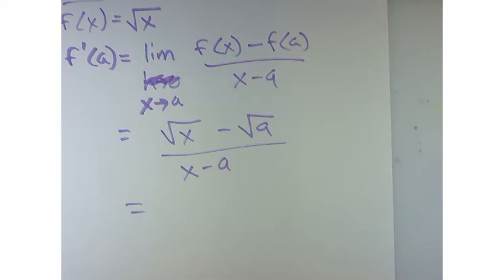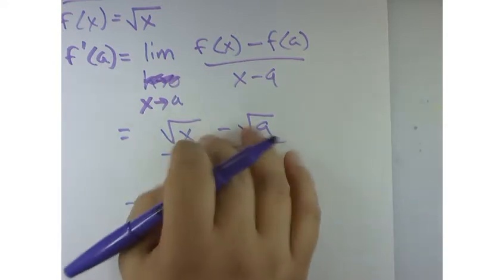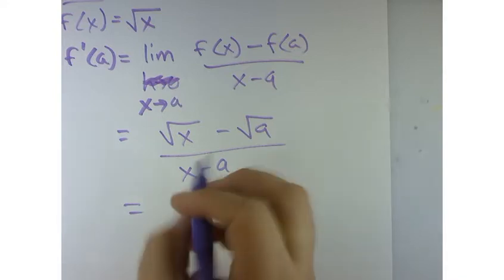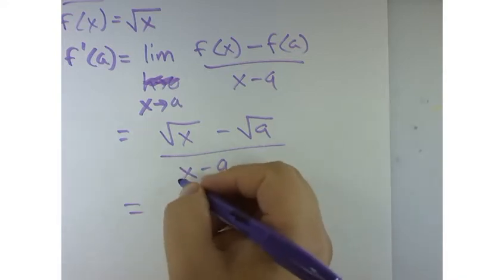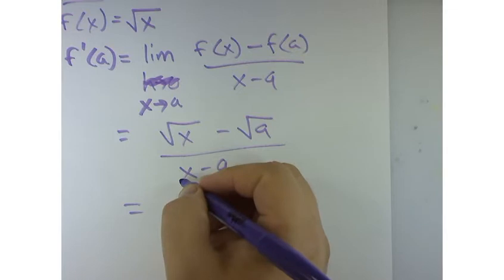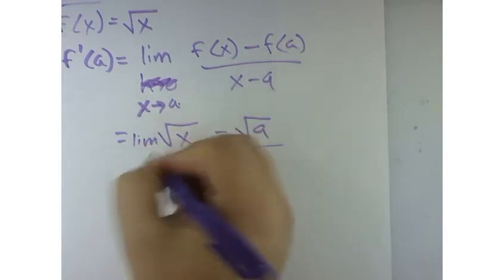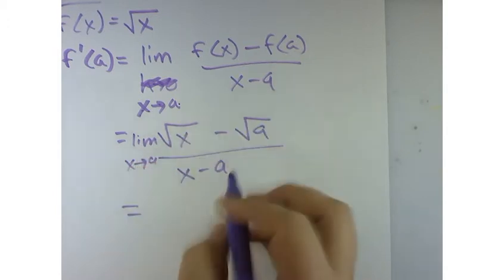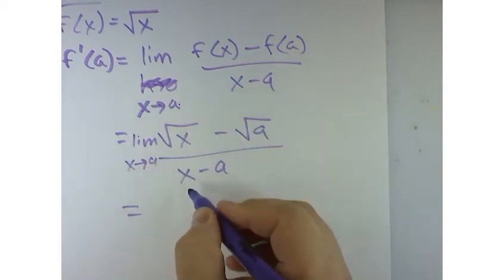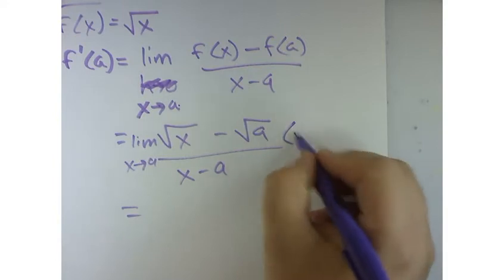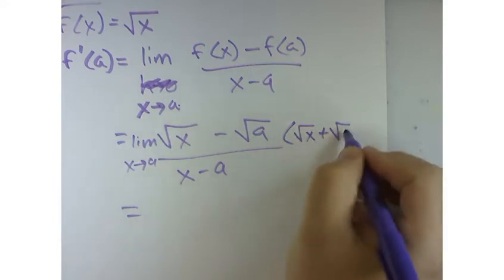Well, here's what I want to do. The reason I don't like the square roots is that I want to kind of get rid of the x's. I want to write a function in terms of a. If I plug in an a right now, the way that it stands, we're going to say x approaches a, so we can't forget that. That means at some point in time I'm going to plug in an a for x, and what happens in the denominator? I'll get a minus a, which is 0, and I don't want that. So if I hit the top and bottom with the conjugate,